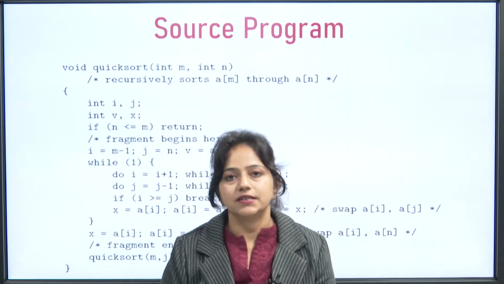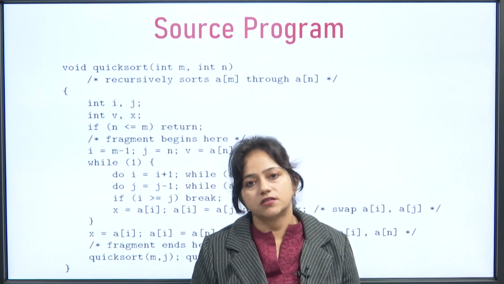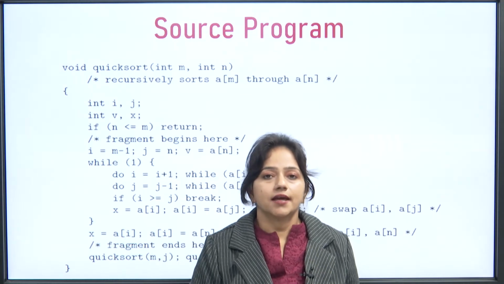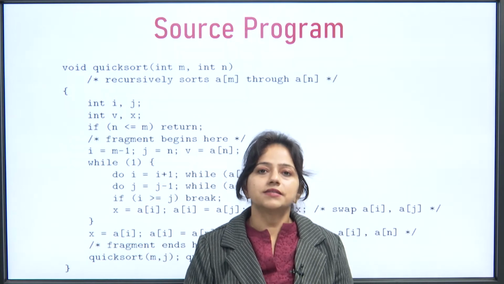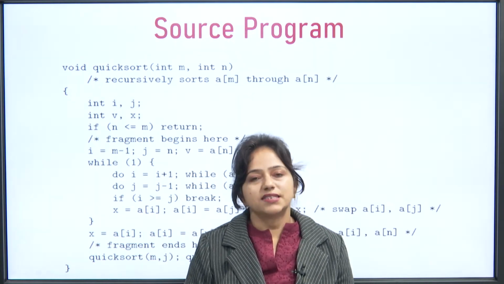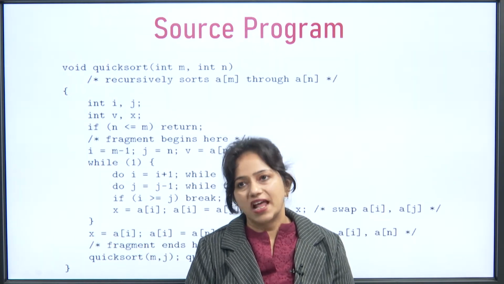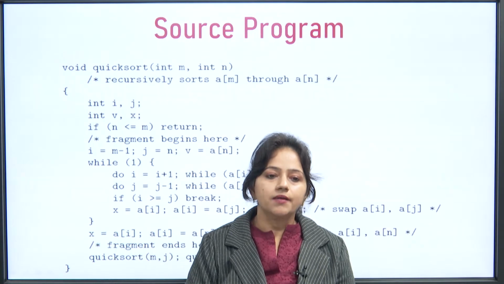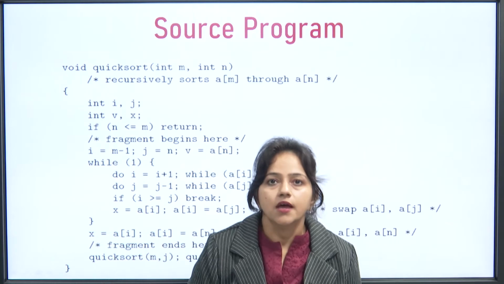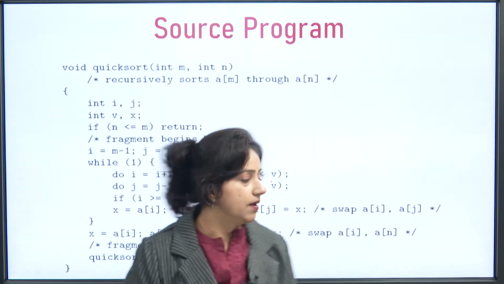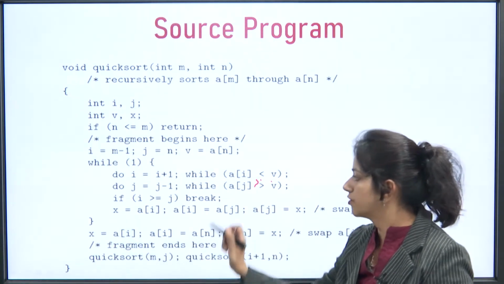Now, we will take one simple example where we will study the code optimization techniques. These are basically machine independent code optimization techniques, and these techniques are semantic preserving transformations. We can say we will try to protect the meaning, so that the meaning of the program should not change by the transformation. Here we will take a very simple example. We are taking the example of quick sort. This is a standard algorithm for quick sort.